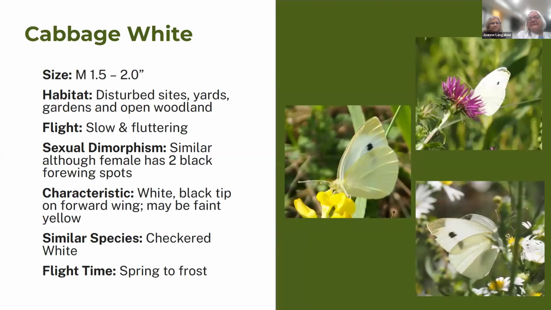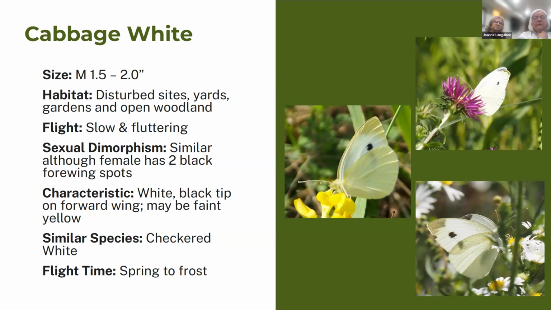So here's an example of cabbage white. We're using cabbage white a lot, but that's because it's so common. Every single species that we talk about tonight, you're going to have a page just like this. This is the only one you're going to see today. But you'll see that it gives the size, habitat: disturbed areas, yards, just about everywhere.